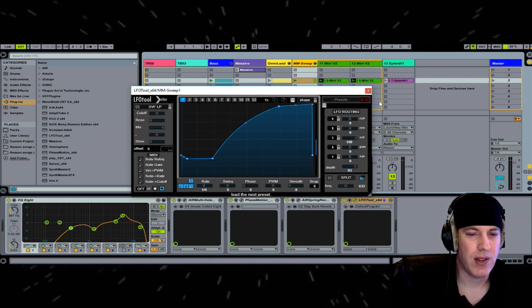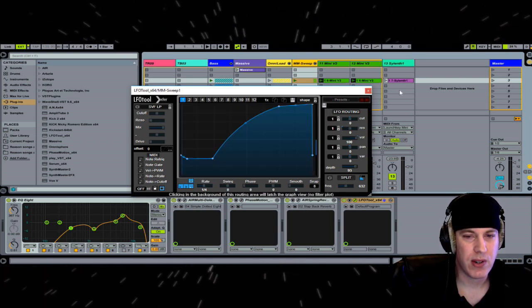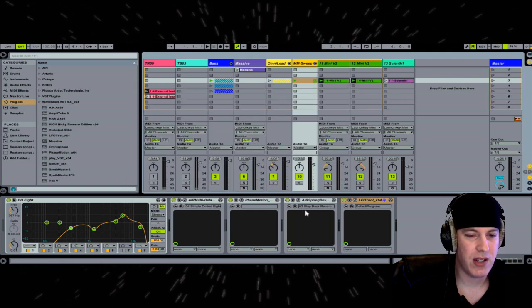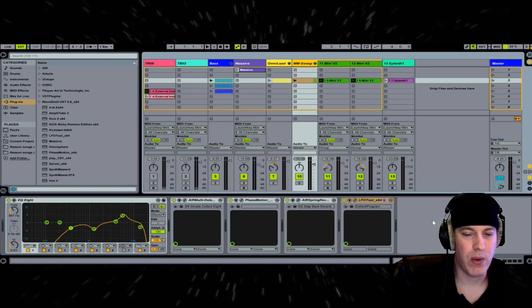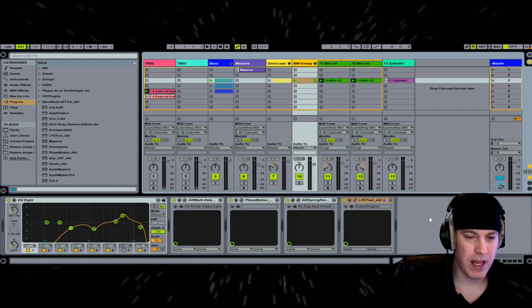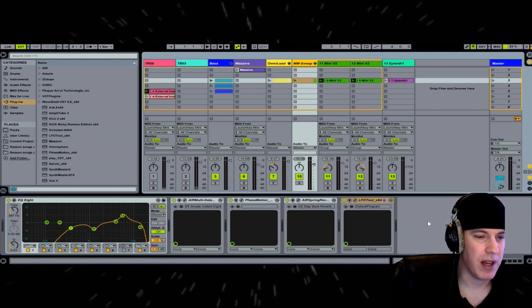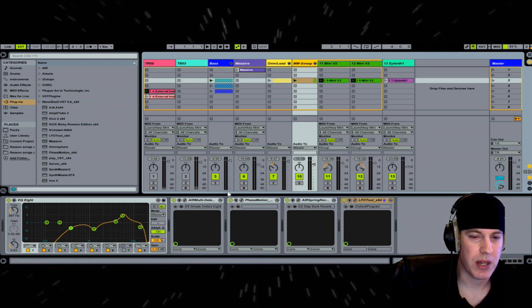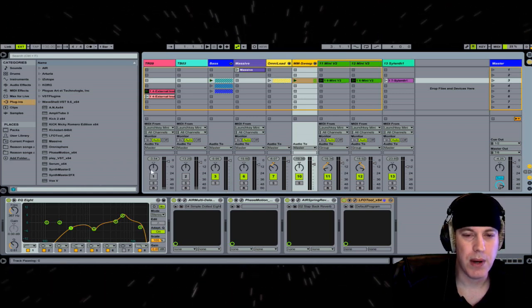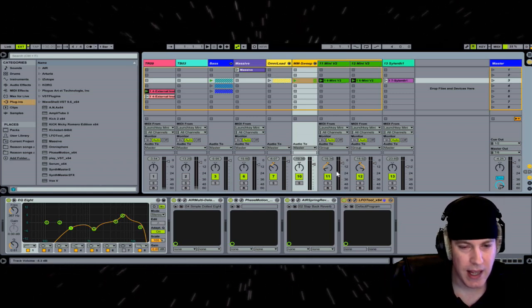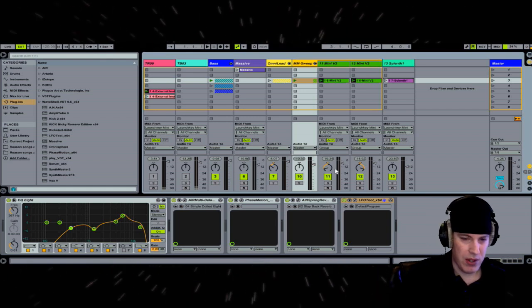And what I would do is I would then link that up into a compressor and sidechain it. So that way it would duck the sound based on the input signal coming from the kick drum. Now you wouldn't hear the kick drum obviously because you'd mute that. But that's how you had to do it back in the day before these guys came out with these tools